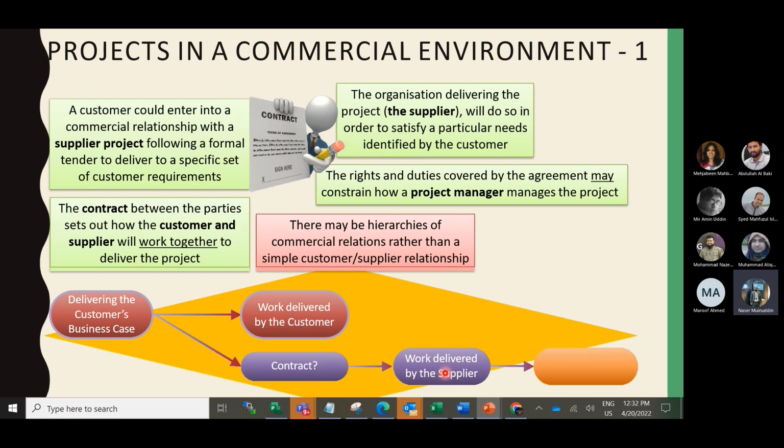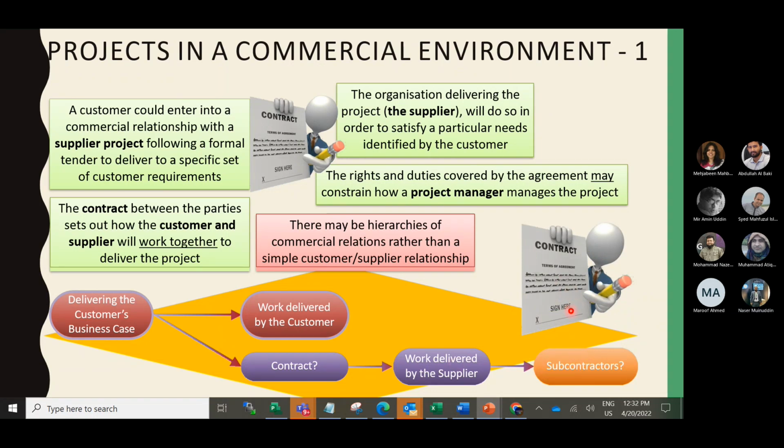That means we deliver the project for the customer. And we even have some subcontractors who are delivering as well. So this is one aspect of how the commercial environment can be implemented. And we have a contract with the supplier and the subcontractors as well.